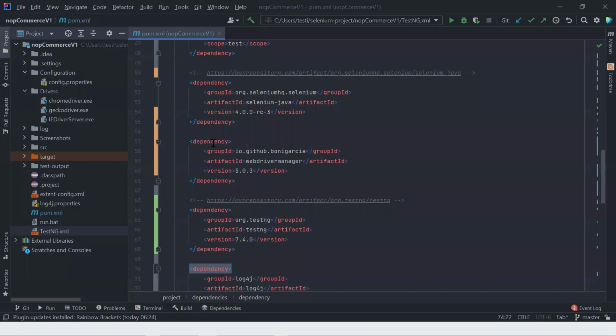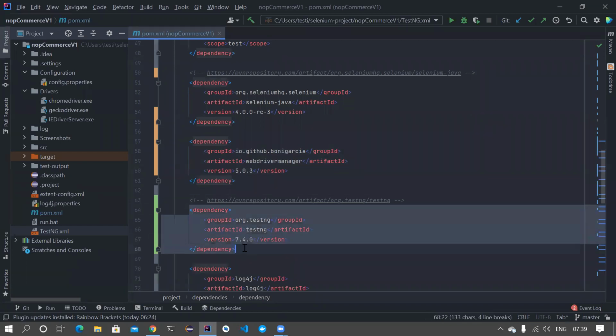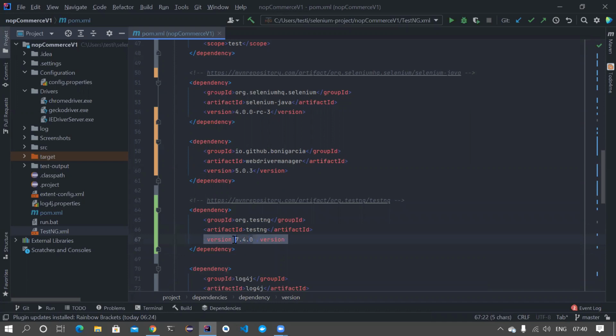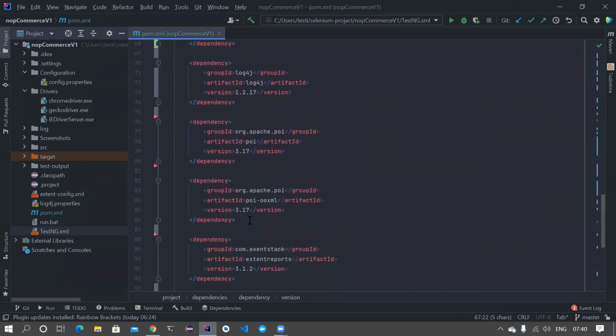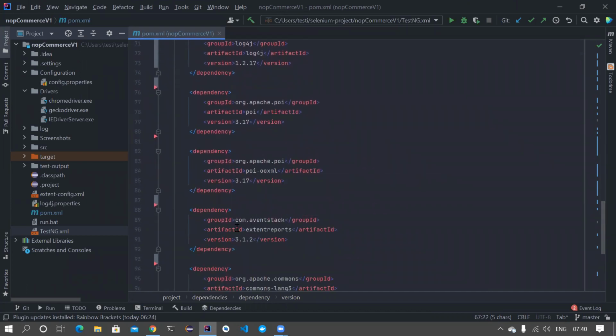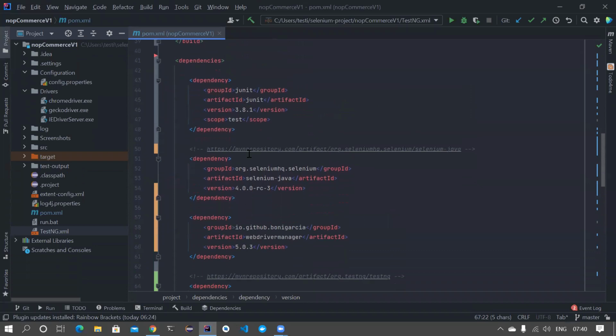What I have done is add the WebDriver manager as well as the dependency of TestNG, right? I have also updated TestNG from 6.14 to 7.4 because that's the latest version. Again, Log4j and all, I don't want to touch now because I don't know whether it will be compatible, and I would need to do a lot of effort. For now, we'll just understand that as a first step, we need to do all these updates, right?